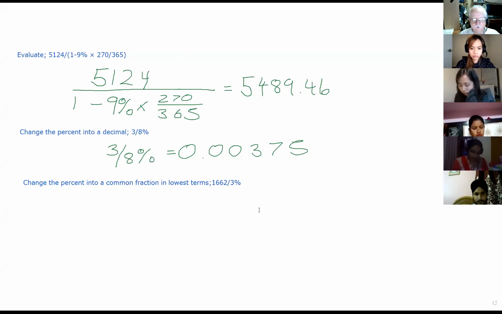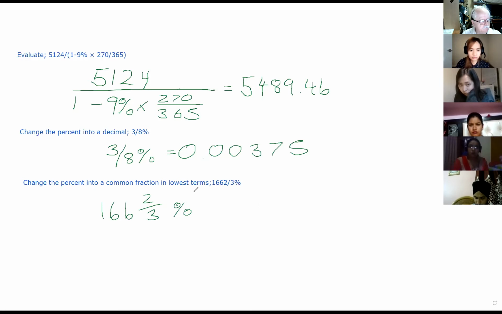So they want us to, oops. Yeah, that didn't work out very well. That doesn't translate from the typed version. This is really 166 2/3%. And so